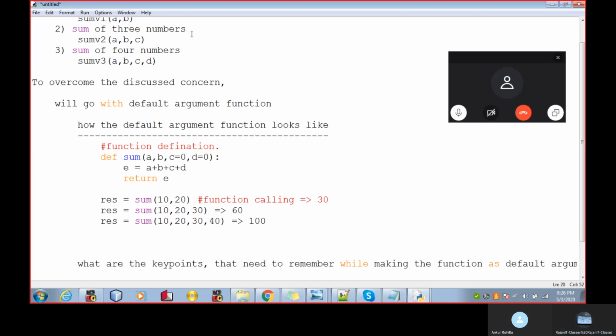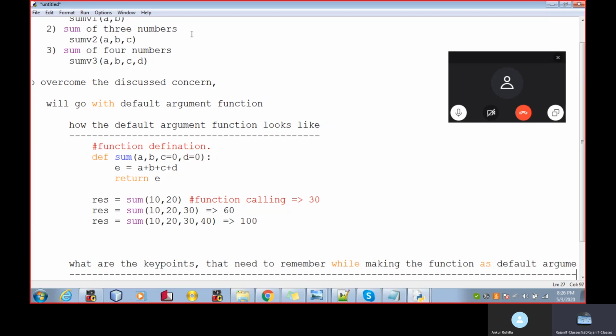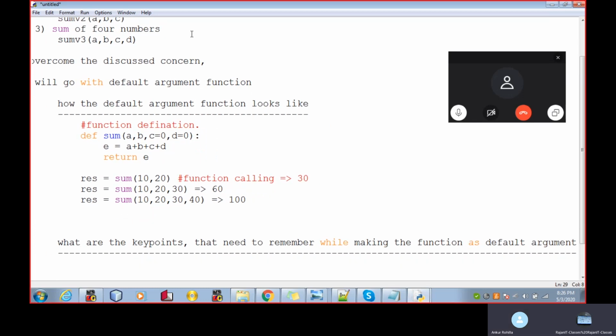Now, what are the key points that need to be remembered while making a default argument function? First point is either all the function parameters will contain default value or only the last parameters.